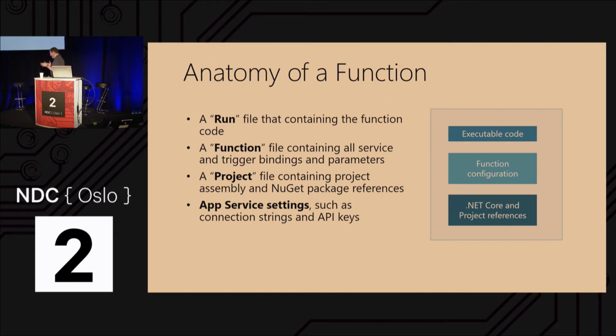There's a function app you create, but that function app can have one or more functions in it. So we're only going to create one function, but you can have two, three, four, whatever you want. So there's a function file containing the bindings, and you'll see that as well. We're going to have one binding to a blob storage container. Then there's a project file, which you can have, that has to specify dependencies, right? We're going to have a dependency on the Azure Storage, so we're going to have one little tiny project.json file. And then there's the app settings. So we're going to hit every one of these, but that's way overstating what we're going to do, because it's going to take us almost no time, except for that run file, to just show you three lines of code and go, oh, here's the binding, here's the project file. It's that simple.